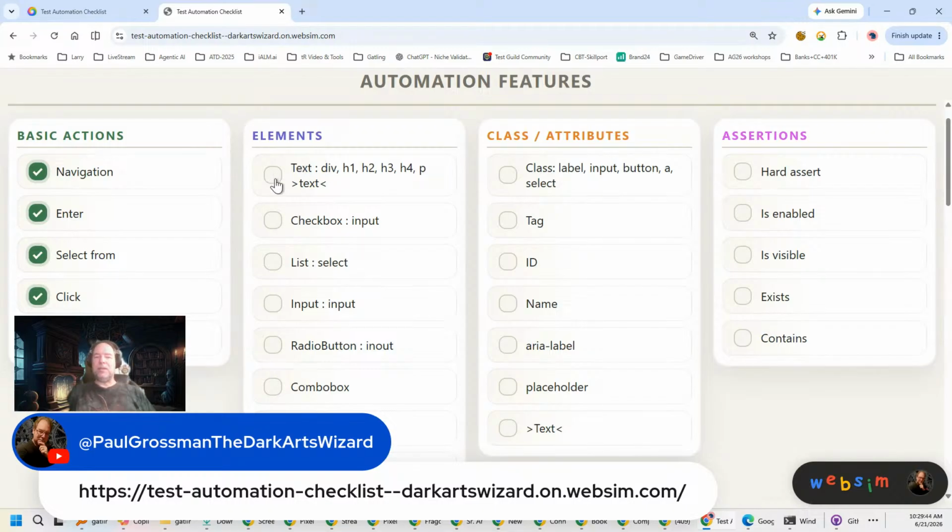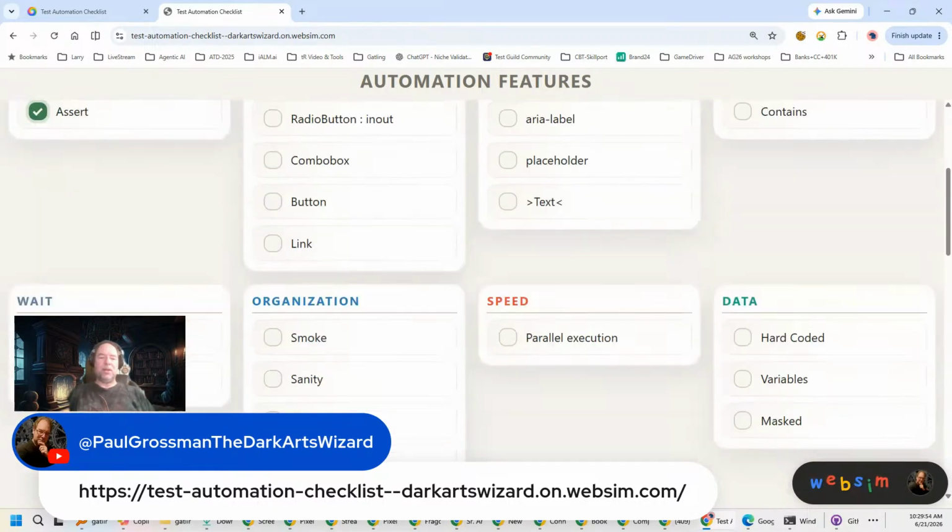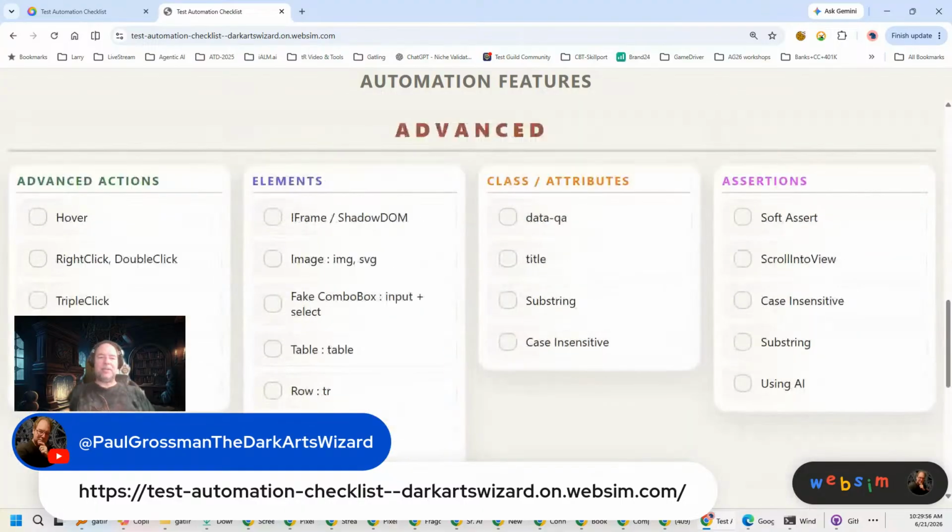The next thing is you want to take a look at the elements. What kind of elements? The very basic elements you want to do. You know what? I'm going to go and take a look. We'll do the basic and advanced versions as we go along. So here's my advanced section at the bottom over here. What are other secondary things that you think you might want to have? That would be like, you want to hover over an element, you want to right click or double click on something. Nobody really realizes